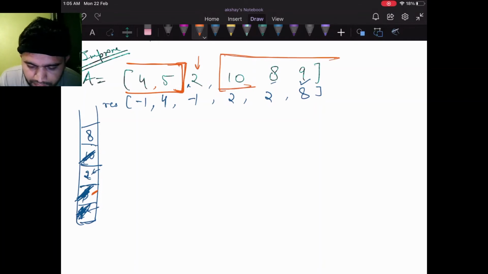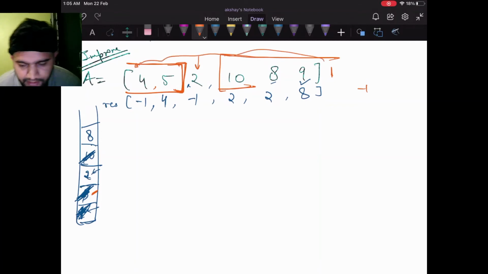If I get somewhere 1 here, that would eventually lead to -1, because I don't have anything smaller than 1 in the entire array.